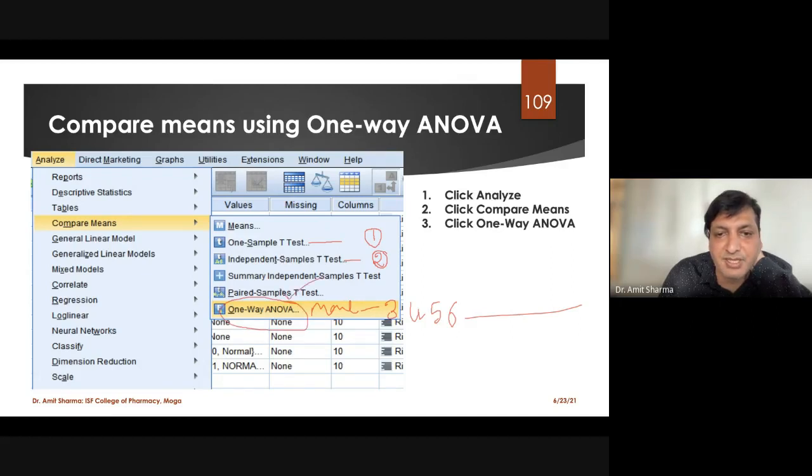The paired sample t-test we will do tomorrow, and I will let you know for what purpose and under what assumptions we use that particular test. So the one sample t-test, independent sample t-test, and ANOVA are called unpaired, because the data of A does not have any correlation with the data of B. These are all unpaired tests.